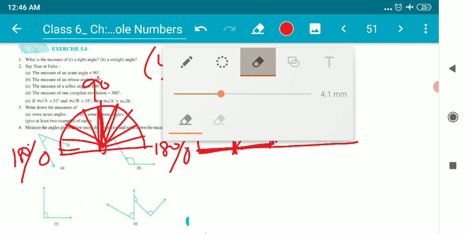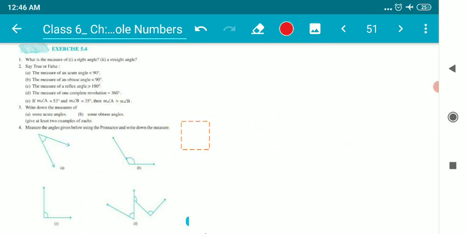So this measure will be the measure of the angle. So children, the first one, as we can see, is surely an acute angle, of course. And the measure is nearby, as I cannot use a protractor on my screen. So the measure of this angle is perhaps 60 degree, 60 to 70. It should lie between 60 to 70. Your part of the job will be to measure this angle exactly and write it over here. So initially I'm just writing 60 degree as the measure of this angle.